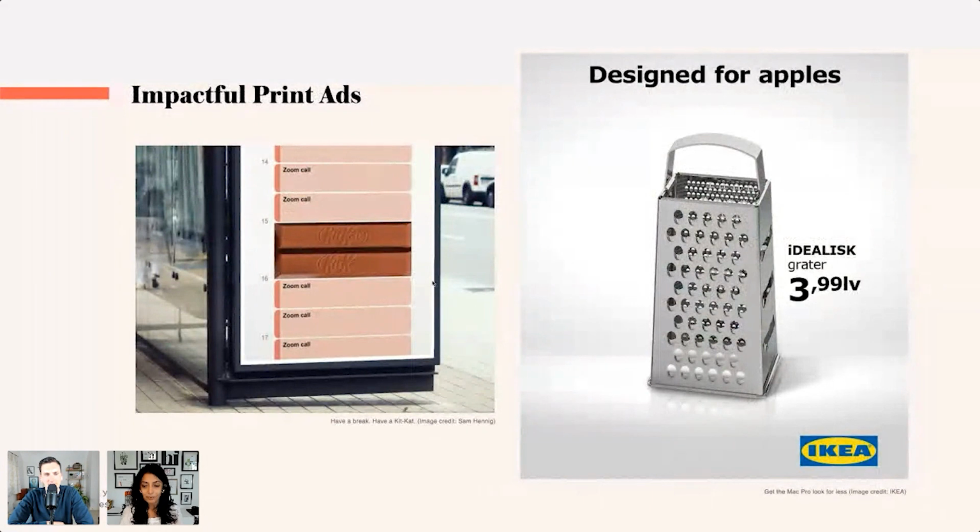And especially on the right, see the ad from IKEA when Apple was launching the MacBook Pro. It is really clever. They got to know Apple was releasing it, and in Bulgaria, IKEA jumped on it with the creative studio Smart Studio, who made this ad. It was like a tagline designed for Apple.